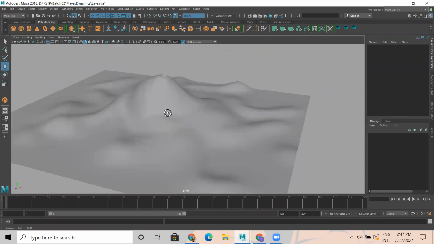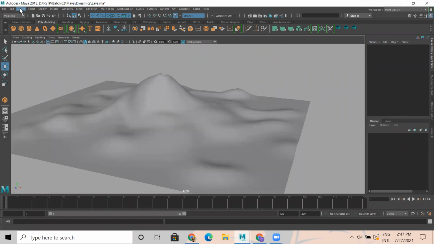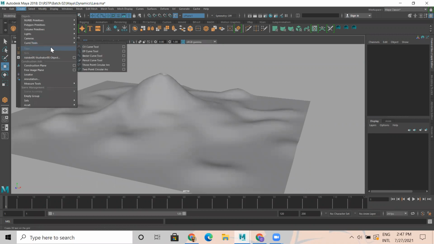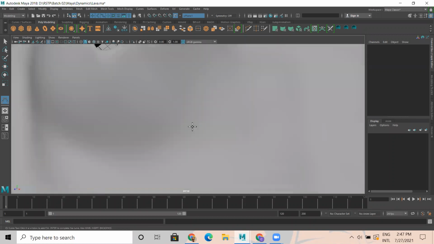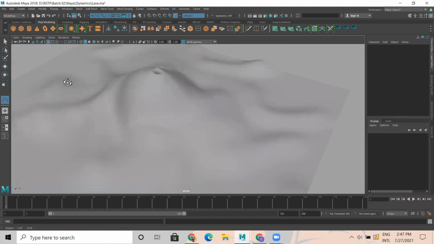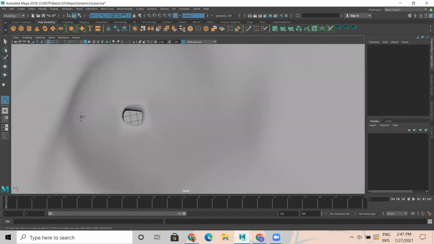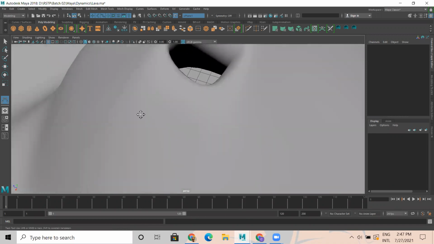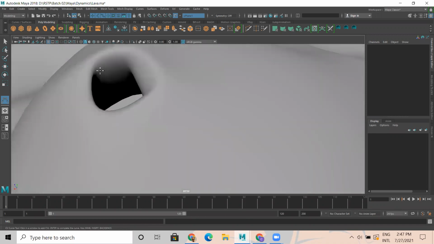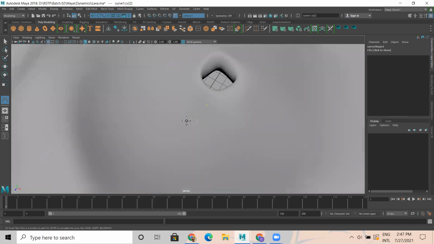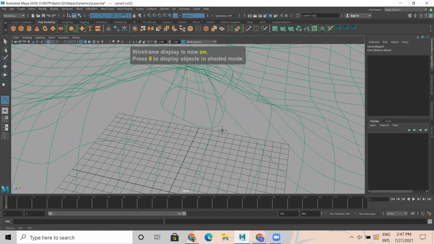So I made this live, go to create, curve tool, take CV curve tool. I want the particle to flow from here as a start point. See, I'm creating a curve on the surface like this.